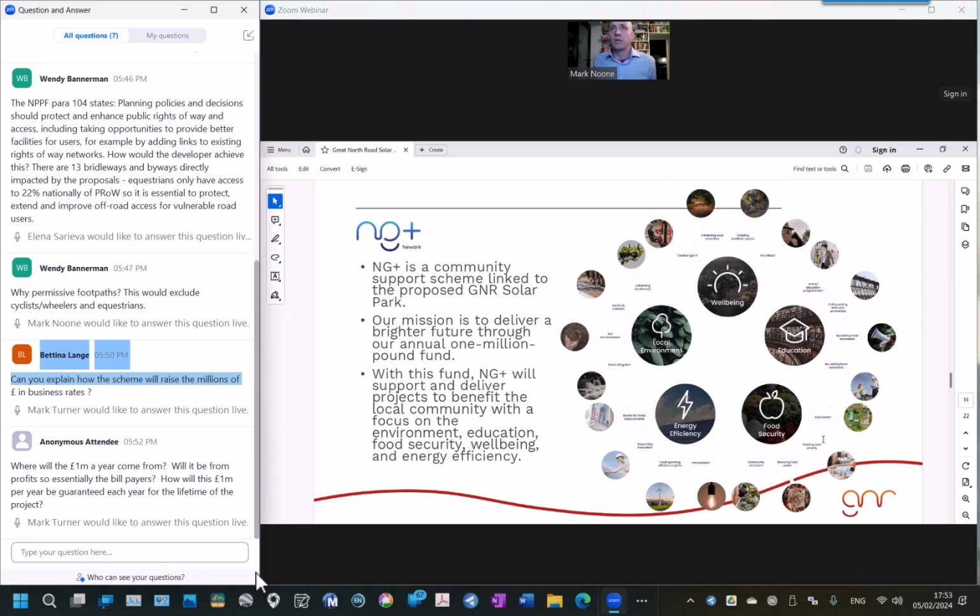And there are questions around the permissive footpaths, walkways, bridleways and so on. Those kind of things are not an NG Plus matter. They will be public benefits that come as part of the GNR Solar Farm. NG Plus will be separate, so it won't affect that funding pot. In the same way, hopefully a good amount of the flood alleviation measures should also fall within the spend of the scheme. So